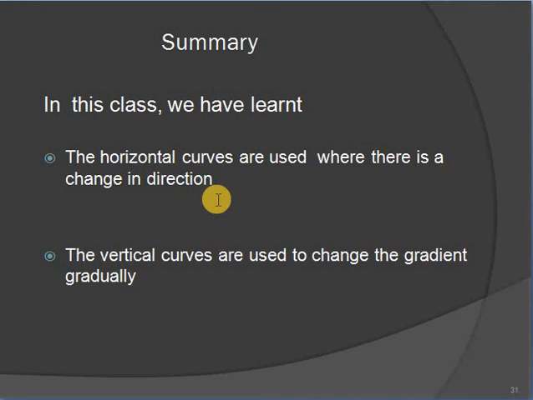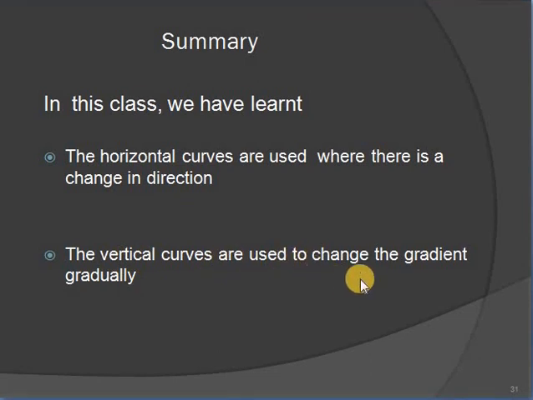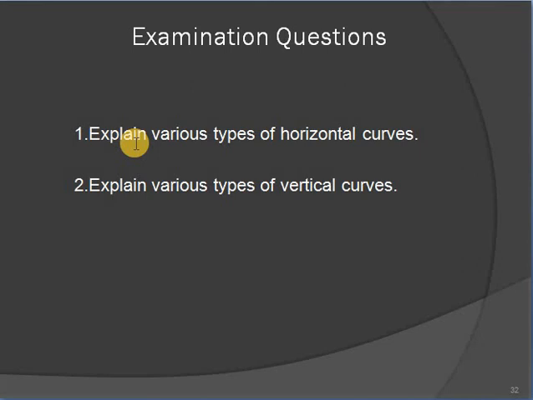Depending upon the ground level, the curve will be located, whether it is a simple curve, a transition curve or a compound curve. And coming to vertical curves, the ground level will be in undulating area. Undulating means up and down, so depending upon that, vertical curves will be provided. And coming to examination questions, in this topic, explain the various types of horizontal curves and the various types of vertical curves. Remember the above diagrams are very useful for your examination.